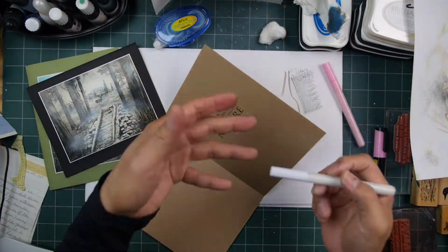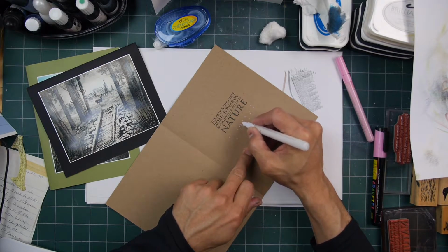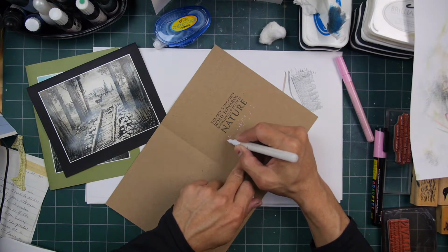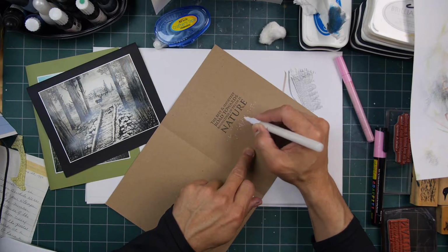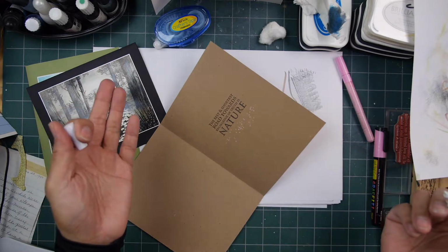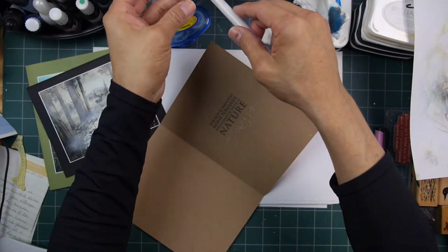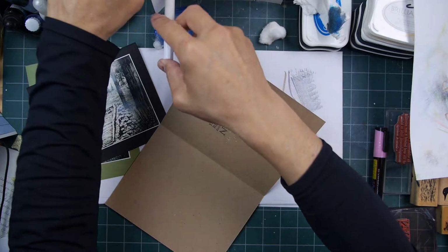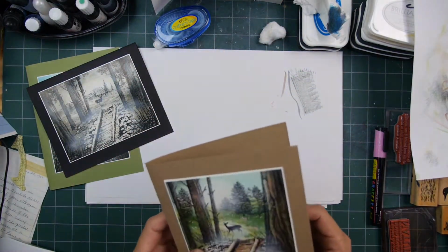This paper is really soaking in the paint here, the acrylic paint, so it's not very visible, but maybe it makes it more subtle. All right, so let's take a look here and see what we have. Okay,